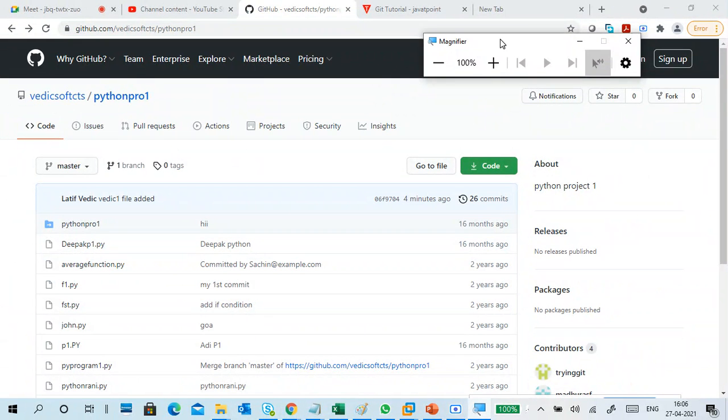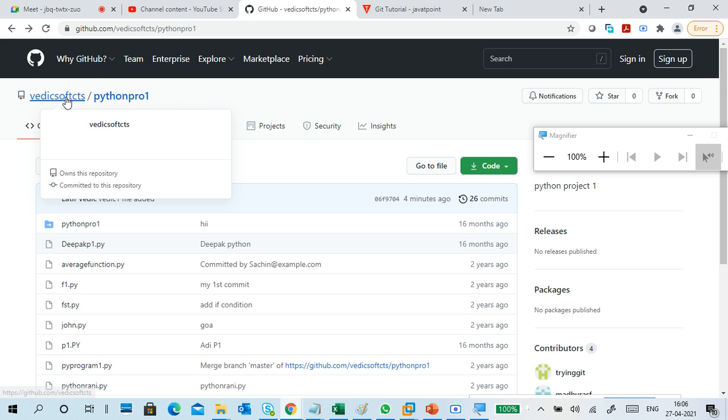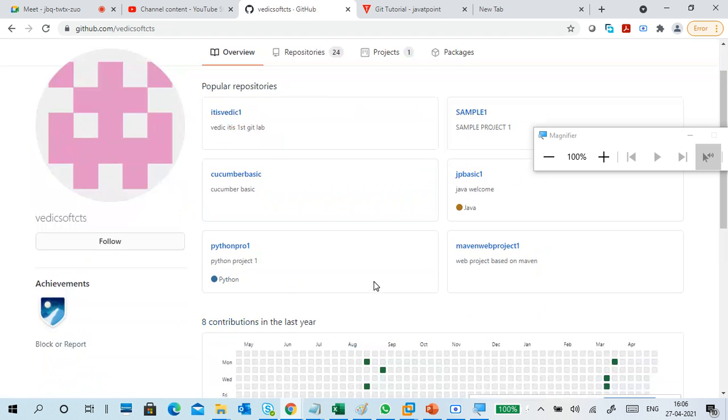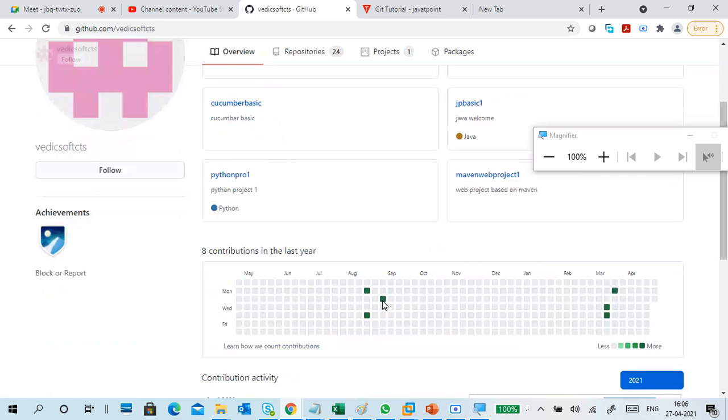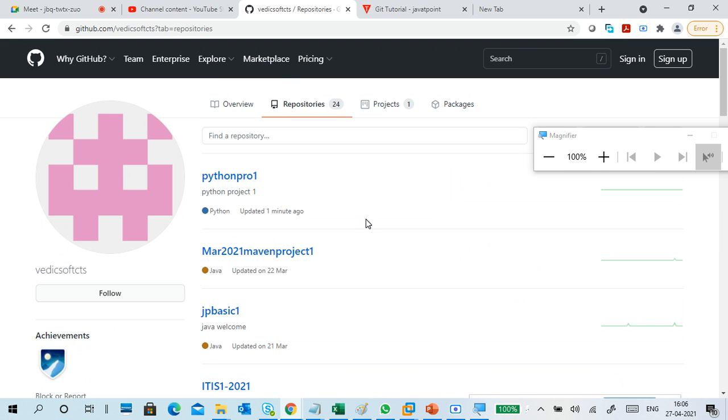You should know the username and password of this to access it. These are all public only. All my code, all the files are public only. But if you want to add data to it, if you want to commit data to it, what is the requirement? You need my username and password also.